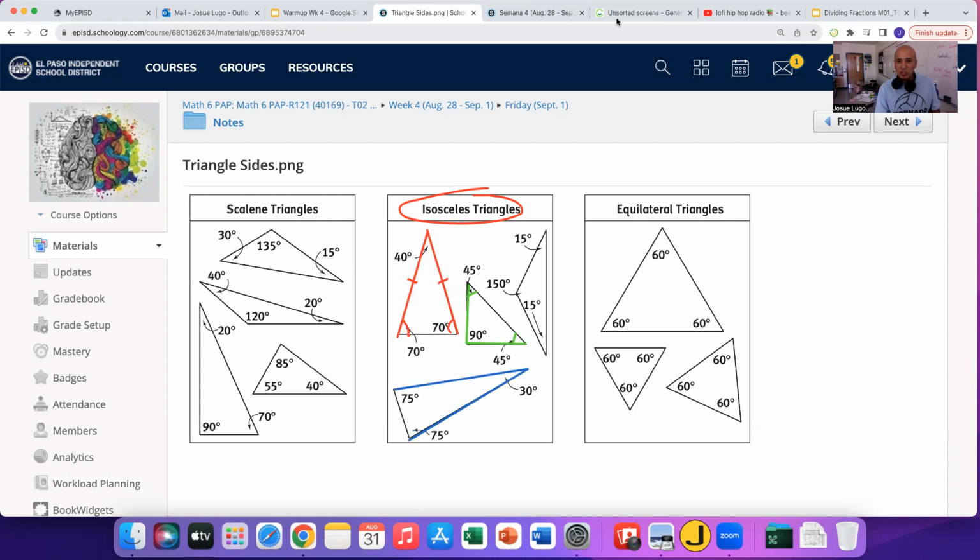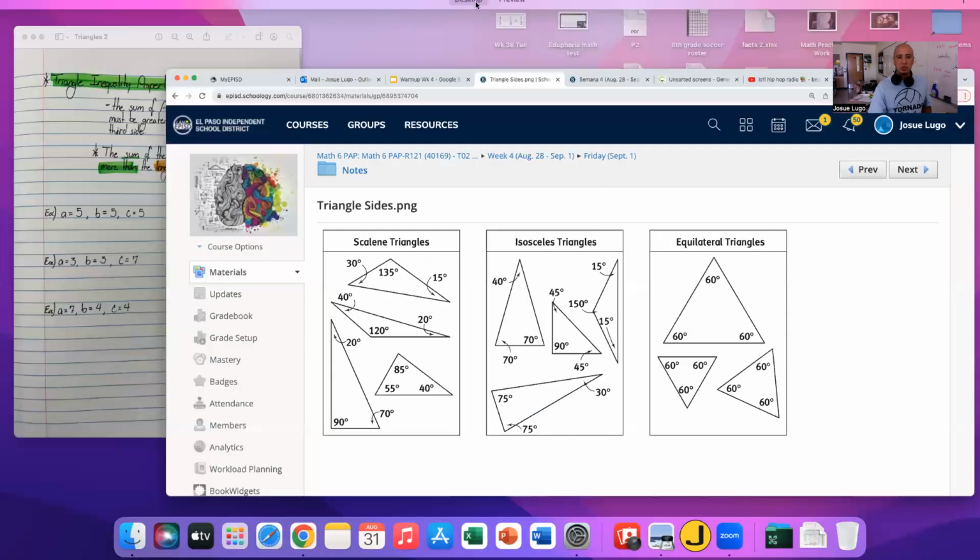Looking over here, we can see that this side and this side are the same. How do I know that that's true? Because this angle is 75 degrees and this angle is 75 degrees. Again, an isosceles triangle. 2 of the sides are the same, so 2 of the angles will be the same